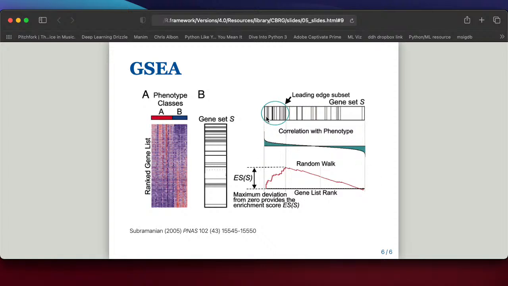And if you see a gene that belongs to gene set S, you add a little number here. And that number is proportional to the rank. So for example, as I go across the first 3 or 4 genes, there's no change in my score. It's still 0 because I don't see anything.